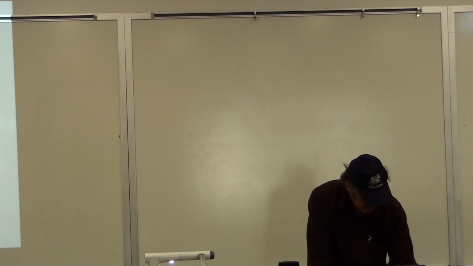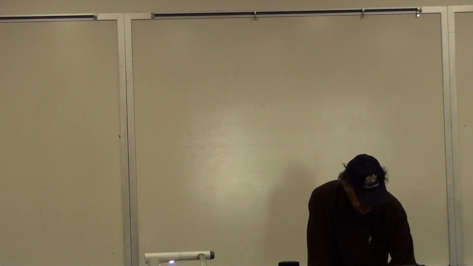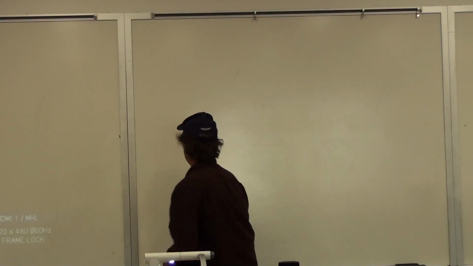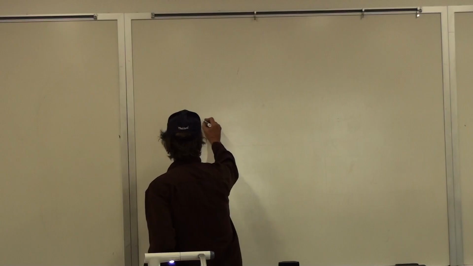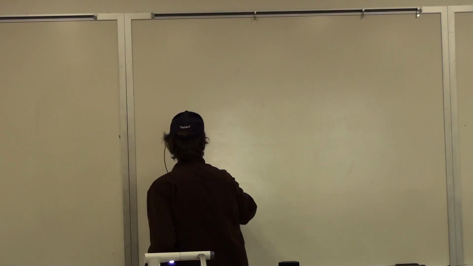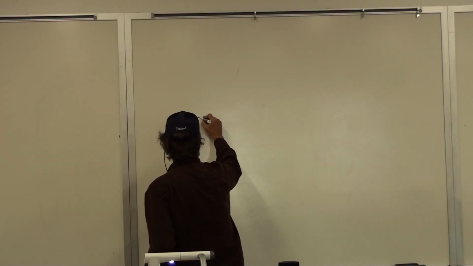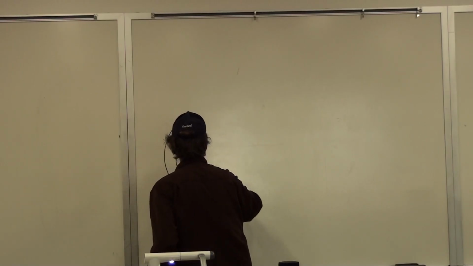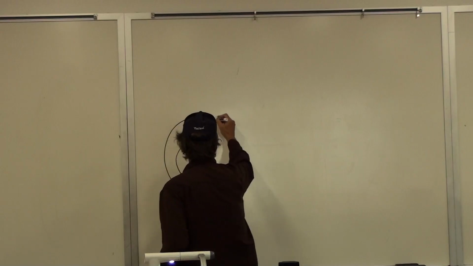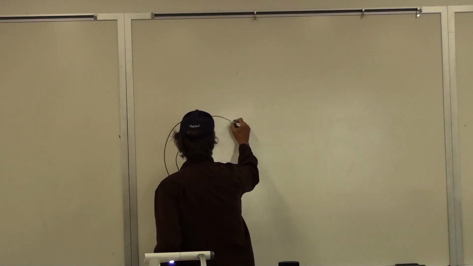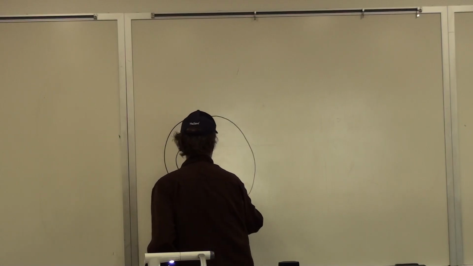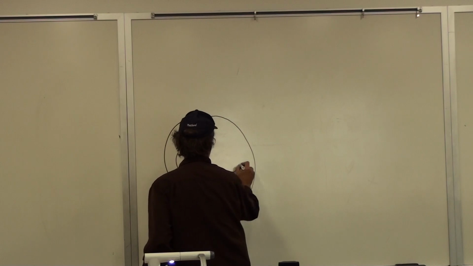Cyclotron is a particle accelerator. The first cyclotron was made at UC Berkeley. And the idea of the cyclotron is that you want to get particles going to a very high velocity, and then you can remove them from the cyclotron, and then they can be used in different kinds of experiments. For example,